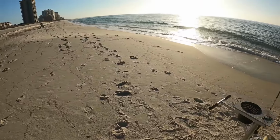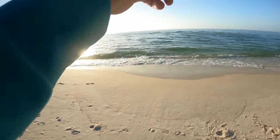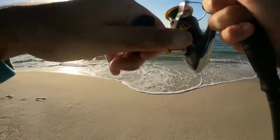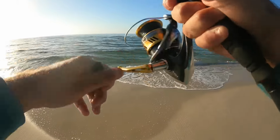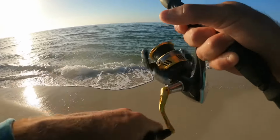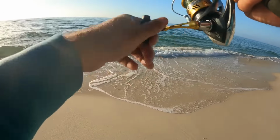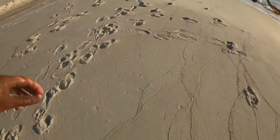I'm actually gonna get one of these rods. I have my whiting rod still sitting out here, and it hasn't been bit, I'm assuming because I have no bait on there. I might run over to Blane's cart and steal a couple more shrimp so I can keep this rod baited up. I would like to get a couple of keeper whiting too. It'd be an awesome mixed bag to get some whiting, some bluefish, and some mackerel. Yeah, see, no bait. I'm gonna run over here to Blane's cart and steal some stuff